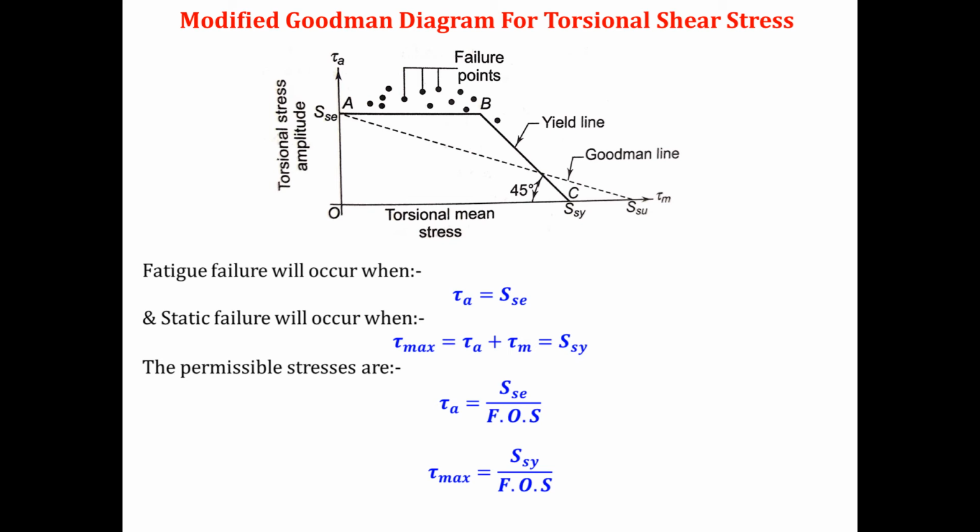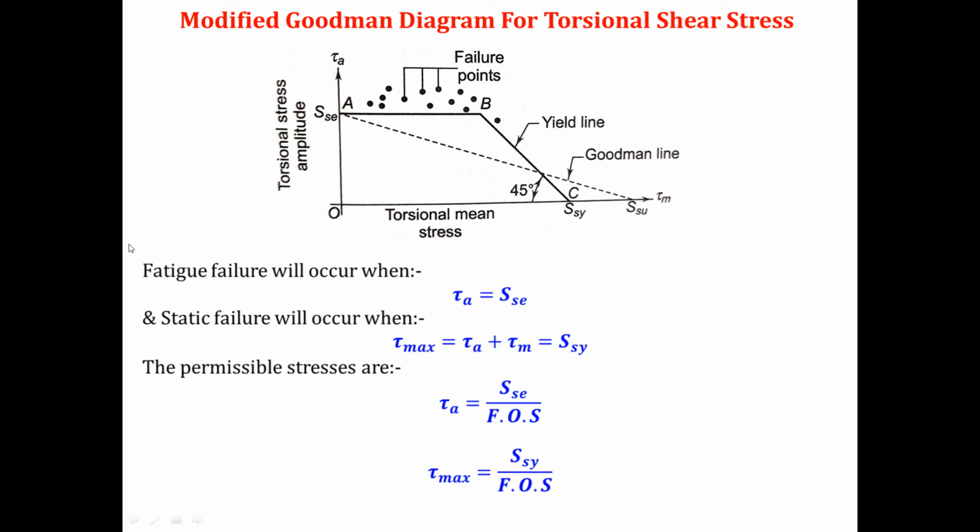Only the alternating stress will give rise to fatigue failure, because alternating stress is that stress which varies in magnitude above and below the mean line. And I know by definition of fatigue that any stress which varies in magnitude within a certain interval of time will give rise to fatigue failure.